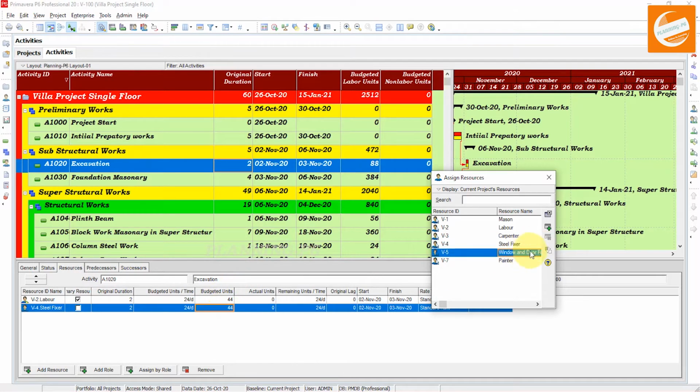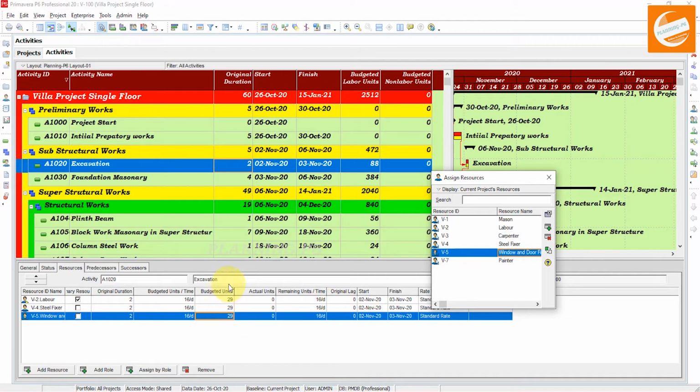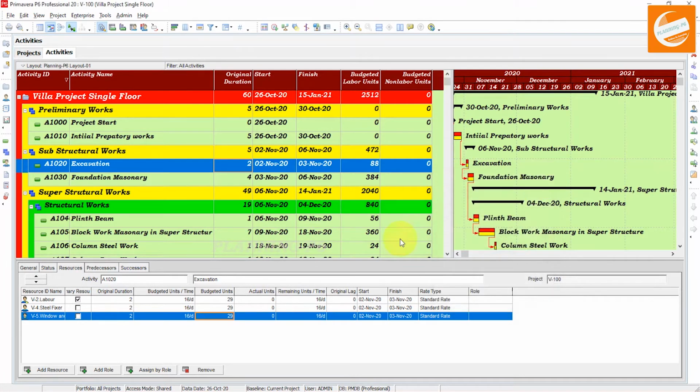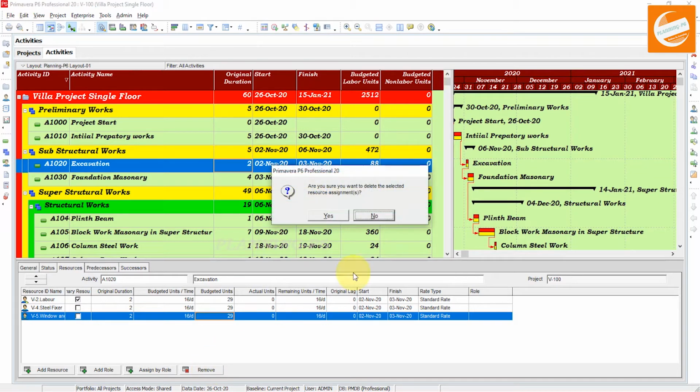When I add one more resource, it is divided by 3. This is how these preserve and recalculate options work in Primavera P6.